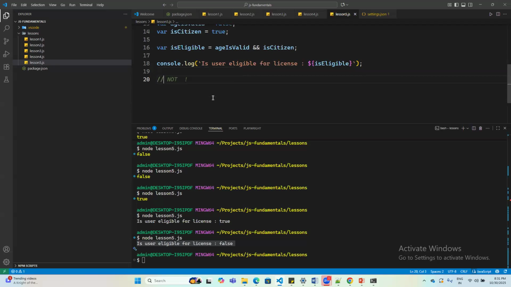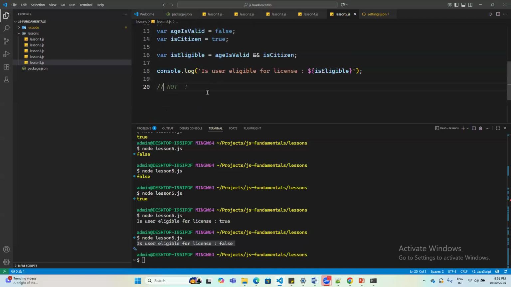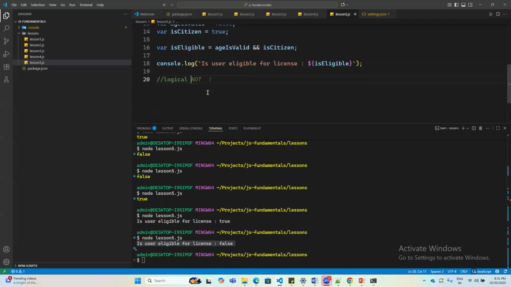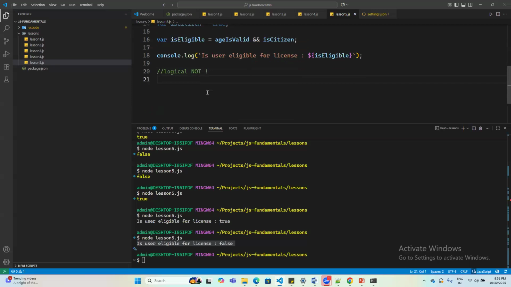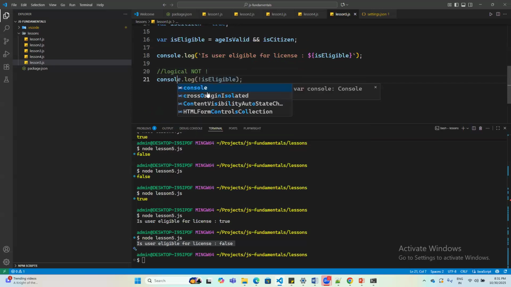Okay. There is one more important operator I want to show you guys. You can negate whatever operations you want to do with a not operator. And this is called the logical not operator. The symbol for the same is this exclamation mark that you see. So the simple operation will be when I say